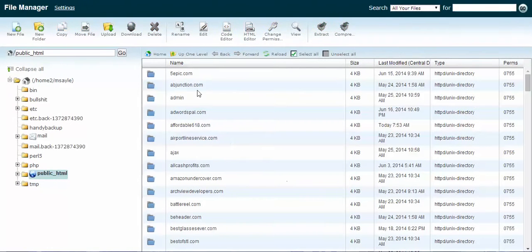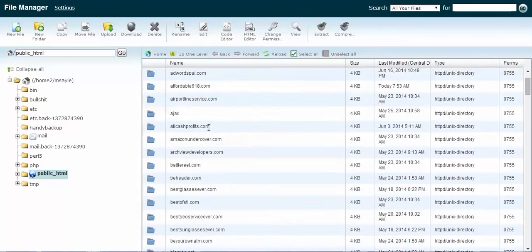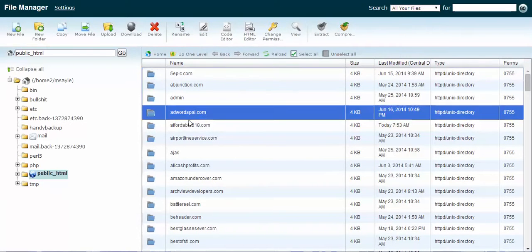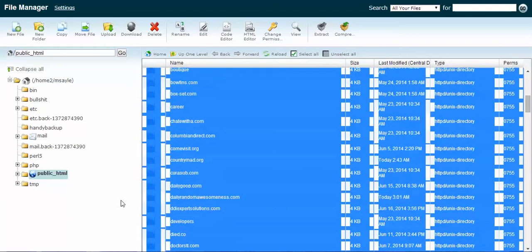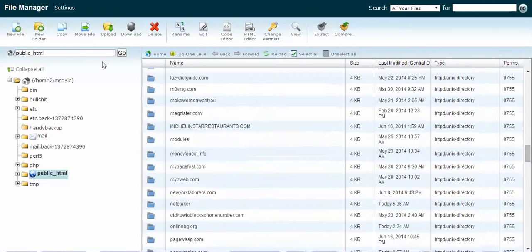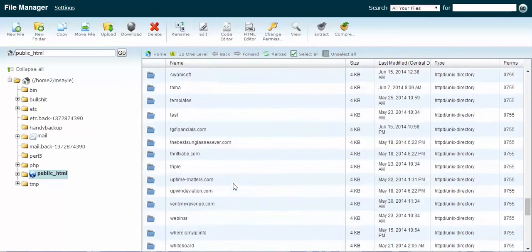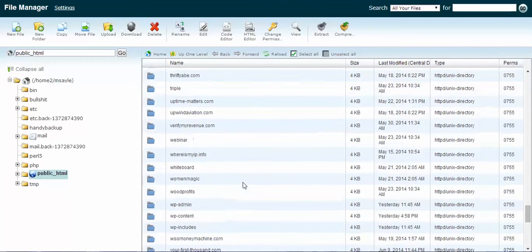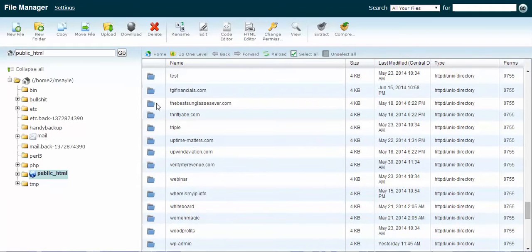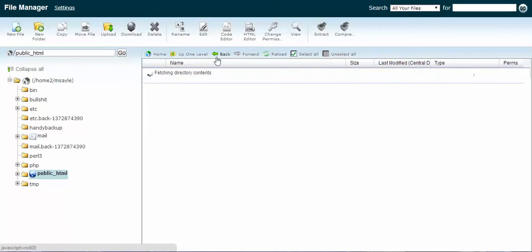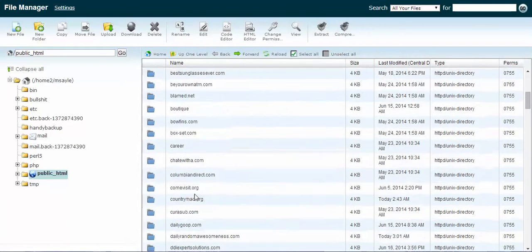Here's all your files. Since matsale.com is my main domain, I didn't put it in a directory. These are all my other websites that have their own directory. But Matsale is actually in the public HTML root folder. So just come down here. If you have a directory, then you click on that directory, and then you do all this. But for now, we're just going to go to